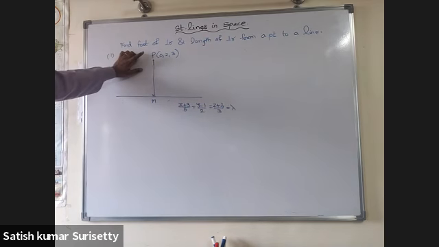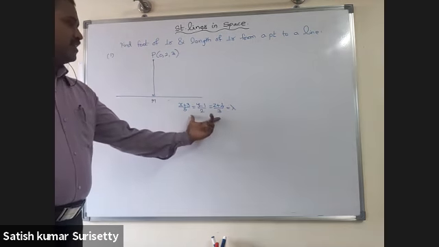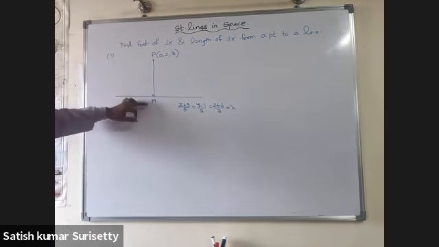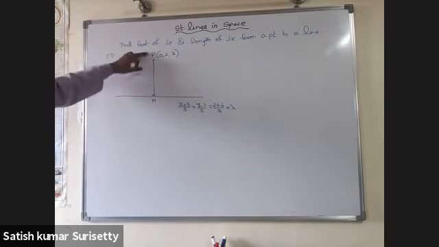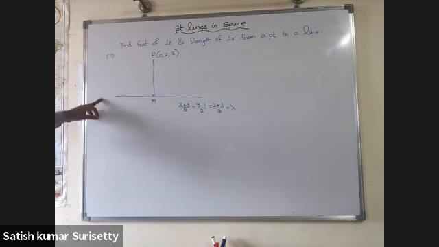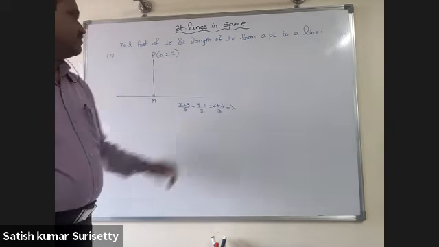Find the foot of the perpendicular and length of perpendicular from a point P (0, 2, 3) to the line (x plus 3)/5 equal to (y minus 1)/2 equal to (z plus 4)/3. So take any point on the line in terms of parameter lambda, write the coordinates of M and calculate direction ratios of PM bar and direction ratios of the line, which are 5, 2, 3.